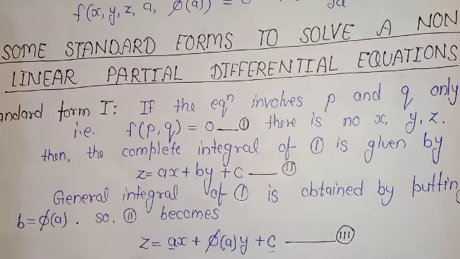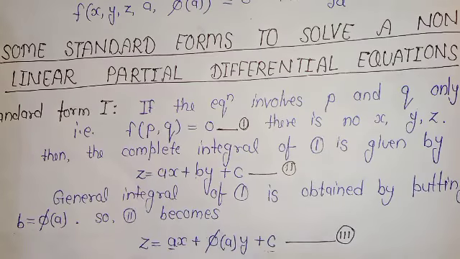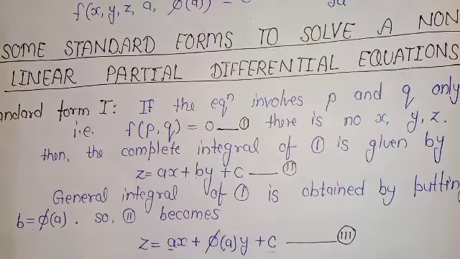Now if we see, there are two arbitrary constants again, because a and c, these two are arbitrary constants. So in order to find the singular integral for this standard form, we have to differentiate it with respect to a first, and then with respect to c, and then we equate it to 0, and then after solving those three equations and removing the constants a and c, we can get the required singular integral.